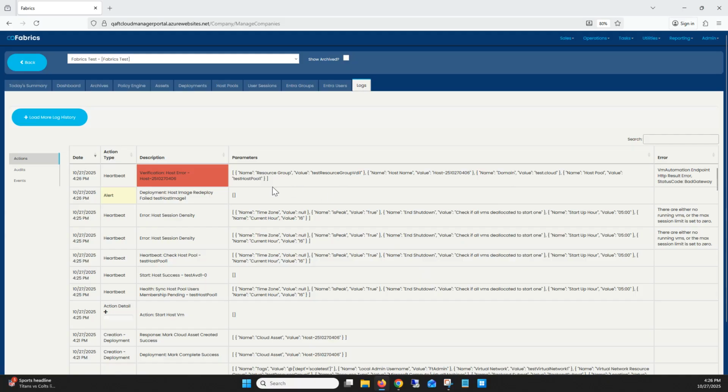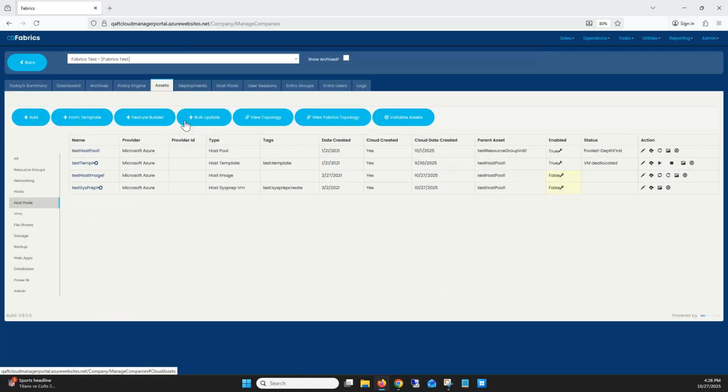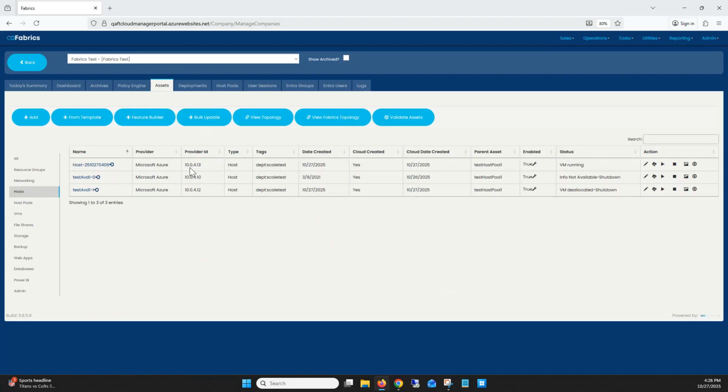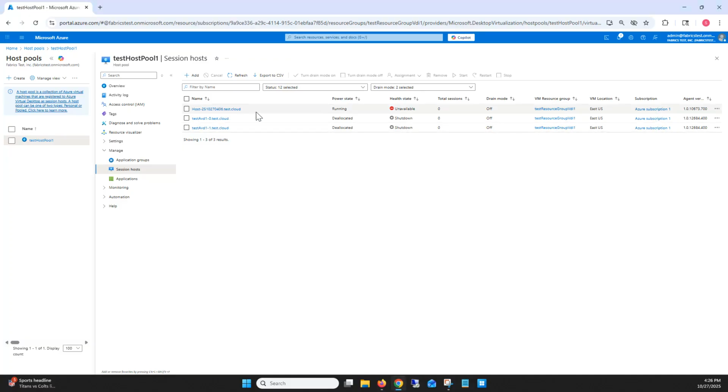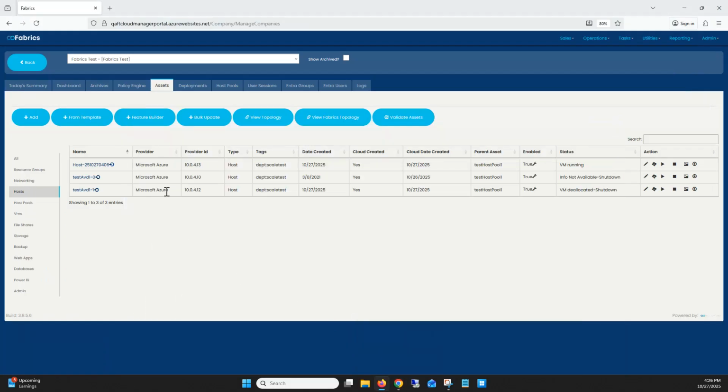And then, so here's an example of a failure. When it went to test that host, it got an error, which means that there's something wrong with that host, even though it seemed to have been successful. When that happens, it's going to leave this host asset here. It won't remove it from Fabrics. It's also going to leave that host asset in the host pool here. That will remain there. And it's going to leave that host asset